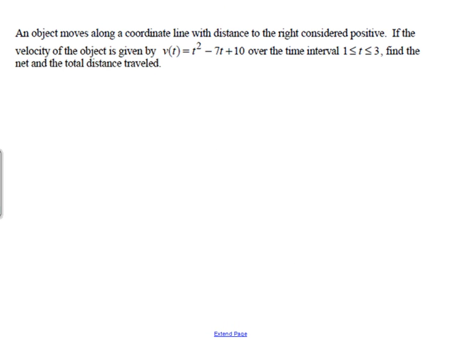All right, now let's do more of these problems. It says an object moves along a coordinate line with a distance to the right being positive. Here's our velocity function over the time interval 1 to 3. We want to find the net and the total distance traveled. And we're doing this all by hand. So the first thing we need to do is find out where this equals 0. So if we factor it,